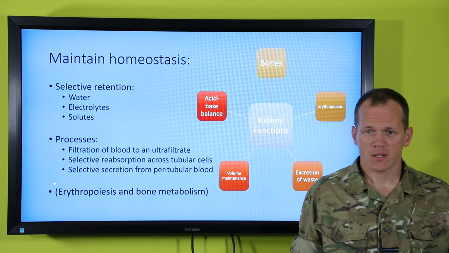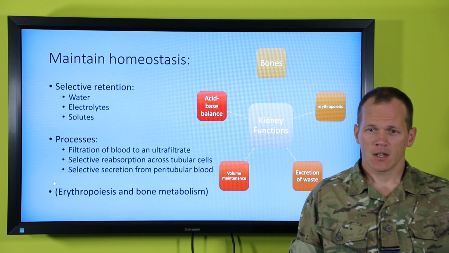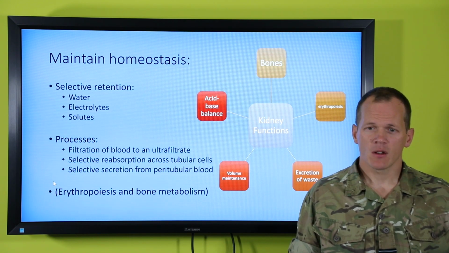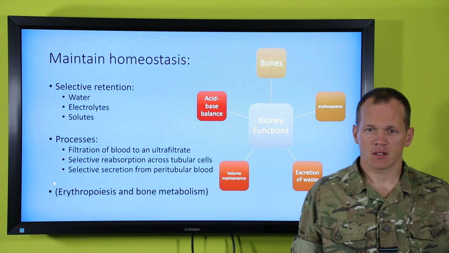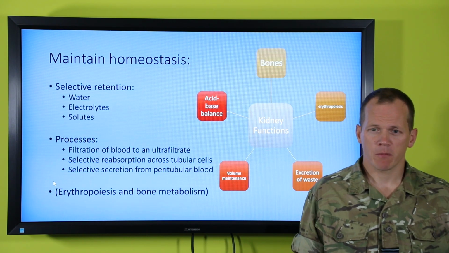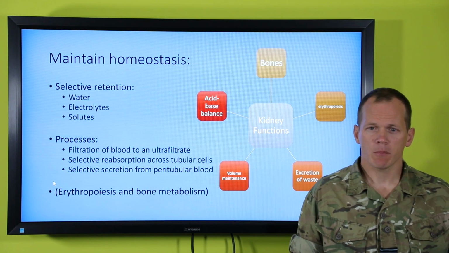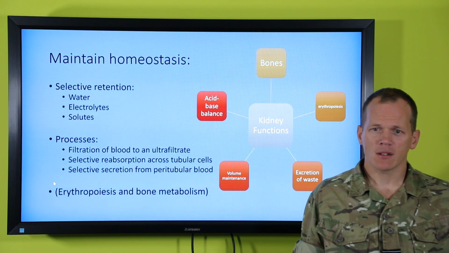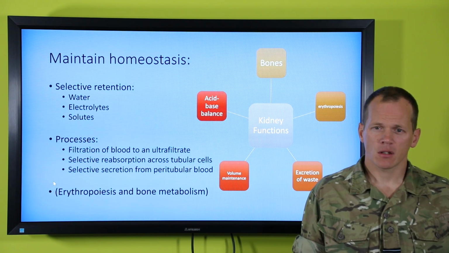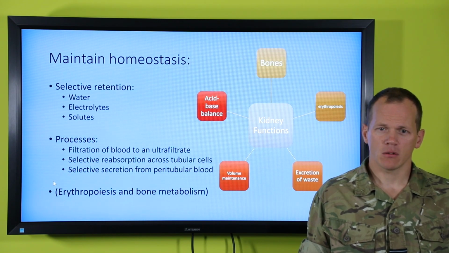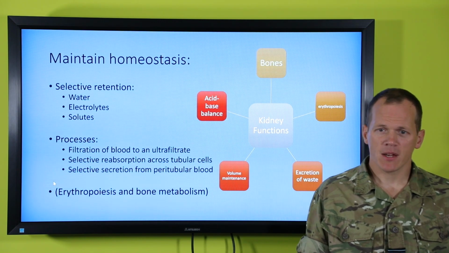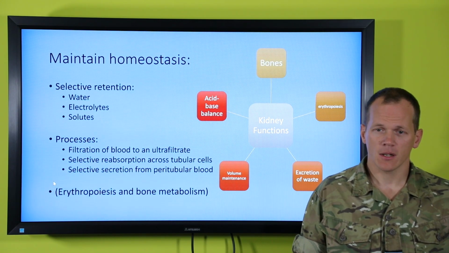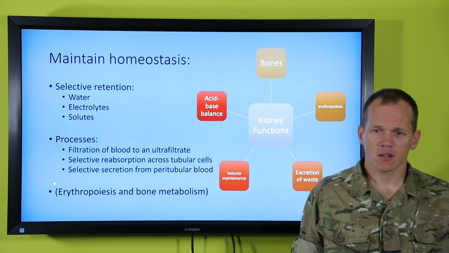in bone metabolism and erythropoiesis, which are not really relevant to today's talk. They're more a problem with patients with chronic kidney disease, so I'll skip over those. And it's the other three main things that your kidney does that become a problem if you have a severe acute kidney injury. That of acid-base balance and acid-base derangement with an AKI, that of volume maintenance and your inability